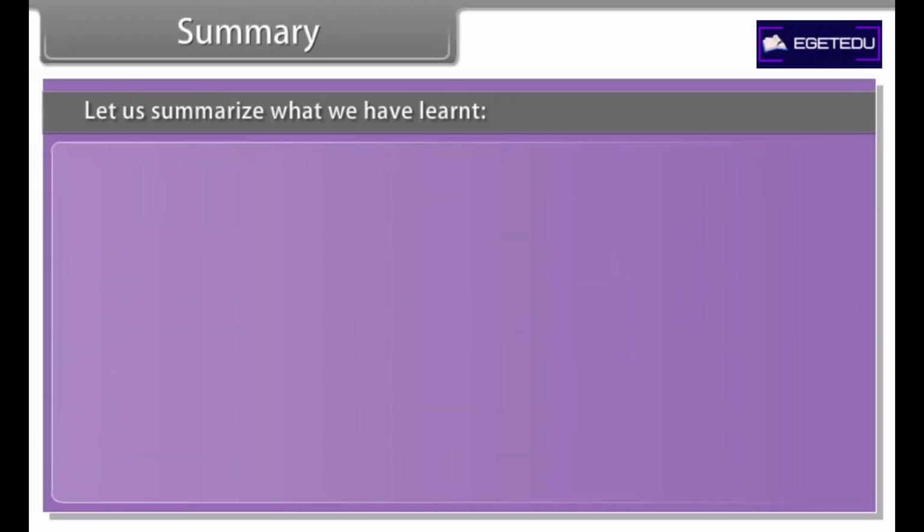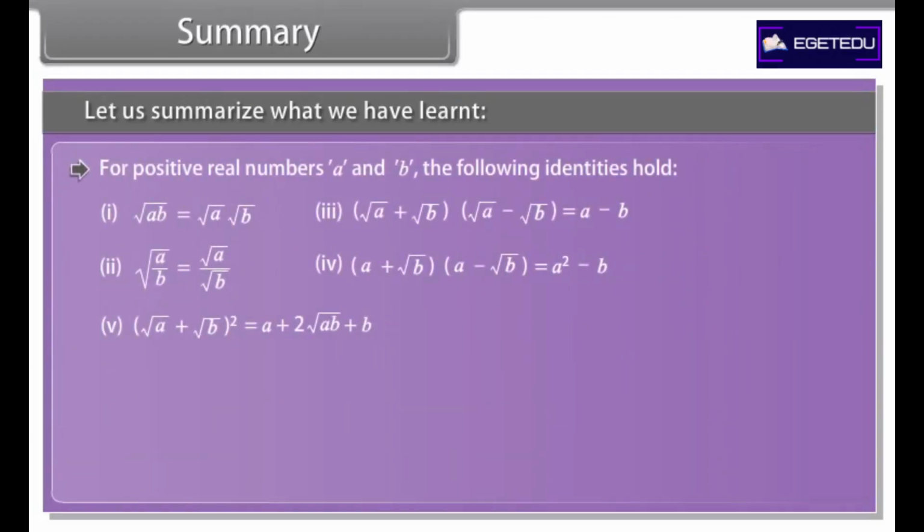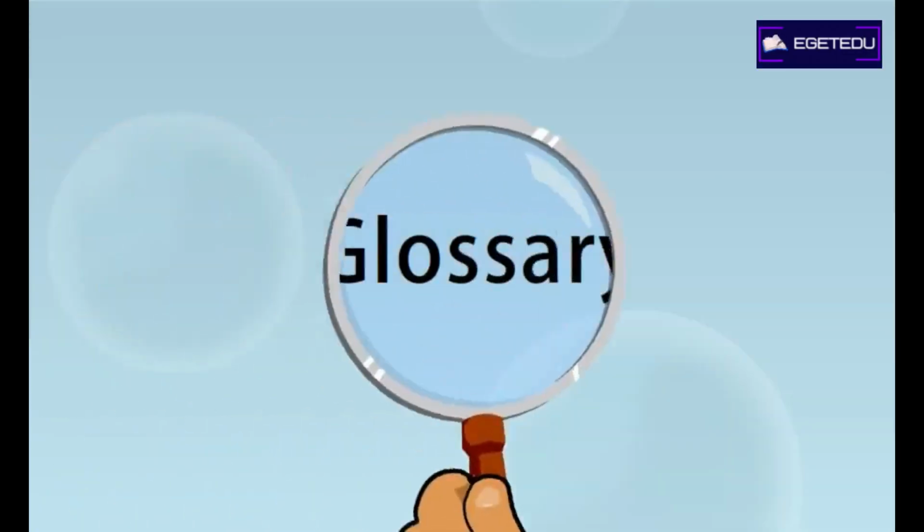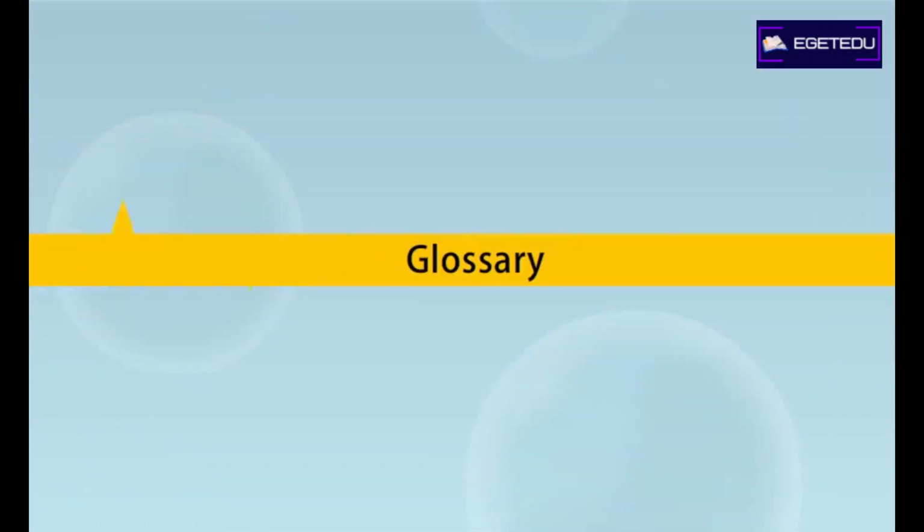Summary. Let us summarize what we have learned. A number is called a rational number if it can be written in p upon q form, where p and q are integers and q is not equal to 0. A number is called an irrational number if it cannot be written in p upon q form, where p and q are integers and q